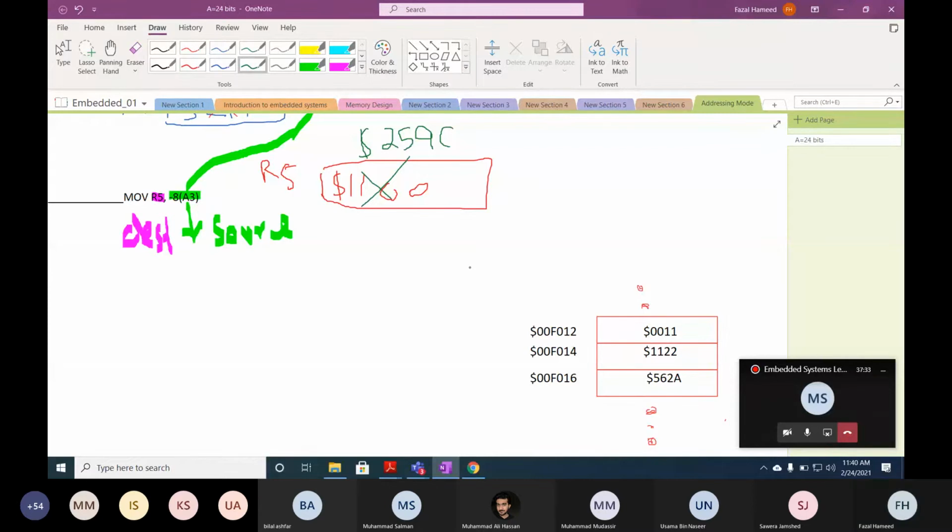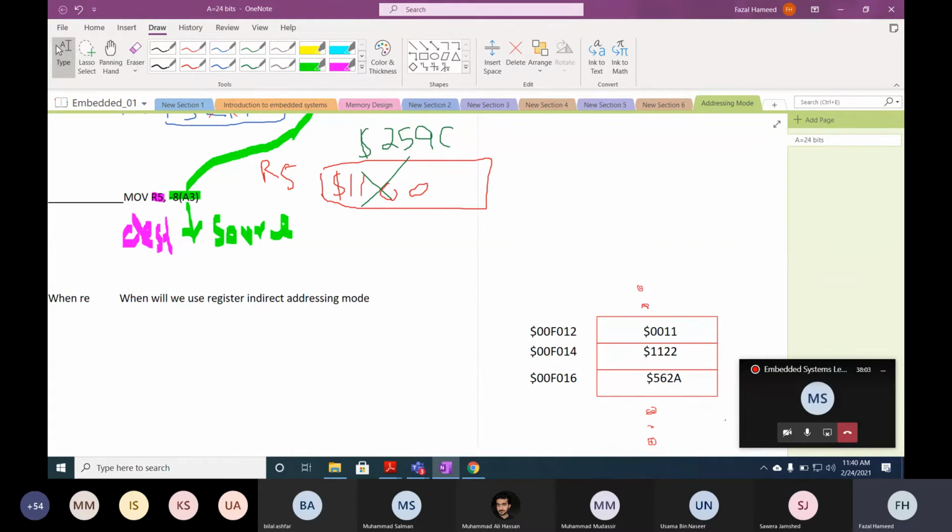So my question is this: when will we use register indirect addressing mode?